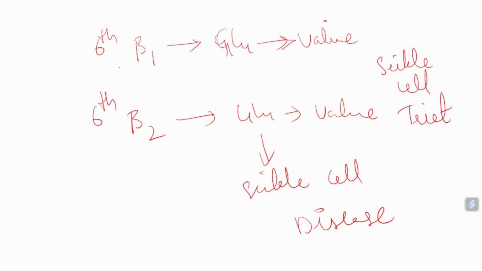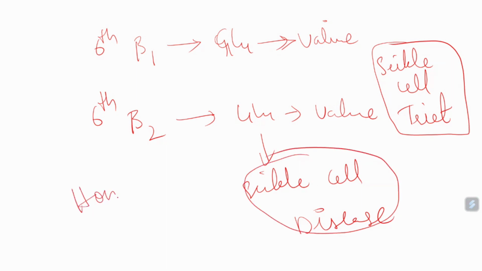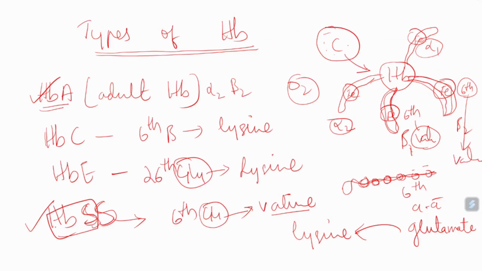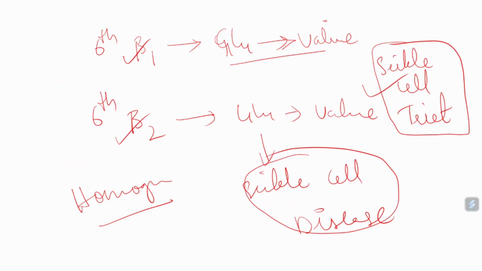So sickle cell trait is the patient who has a heterozygous mutation, and sickle cell disease is the patient who has a homozygous mutation. Sickle cell disease is the patient in which both beta chains of the hemoglobin have the mutation, and sickle cell trait is the patient in which only one beta chain has the mutation. Okay, I think this point is clear for you: what is sickle cell trait, what is sickle cell disease, and what is HbS, HbE, HbC, HbA. There is another concept called